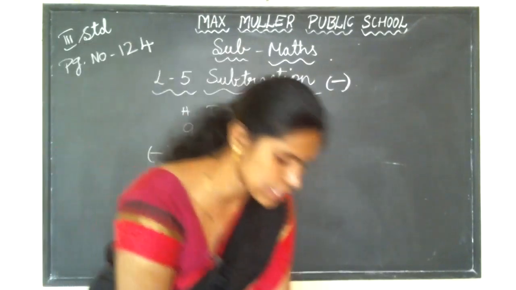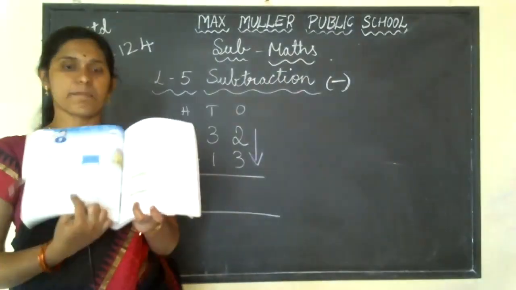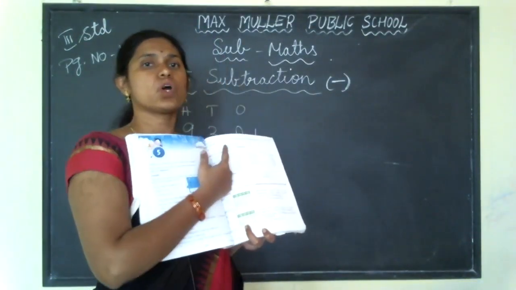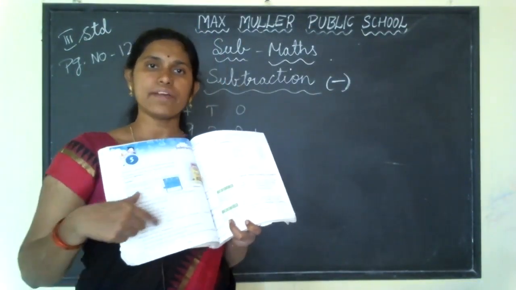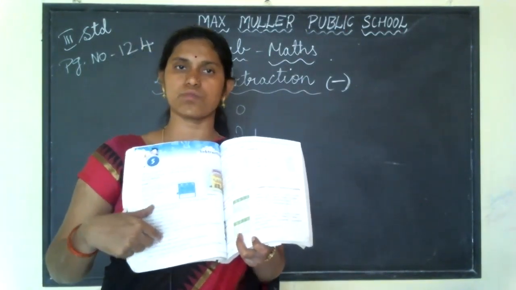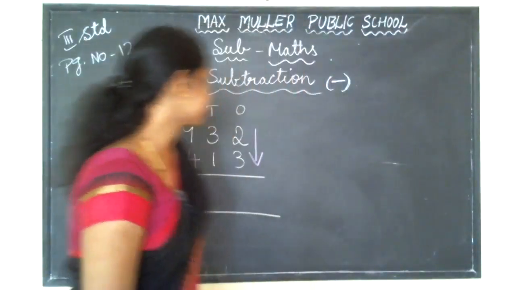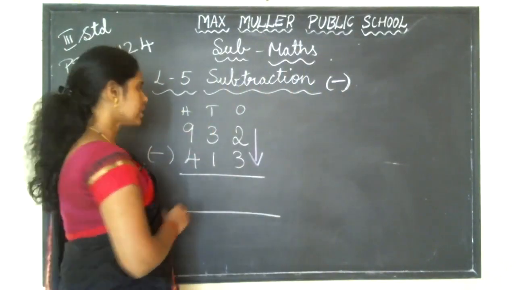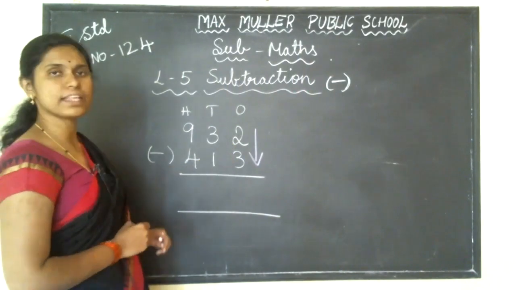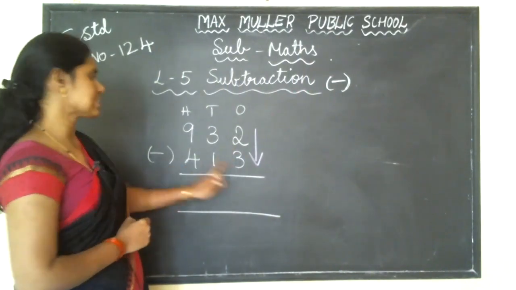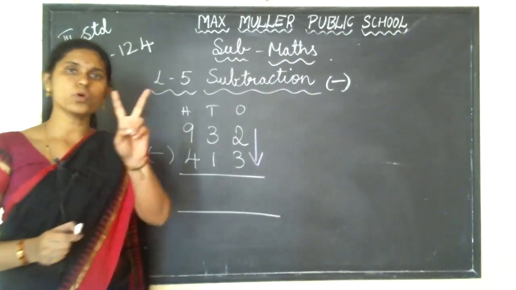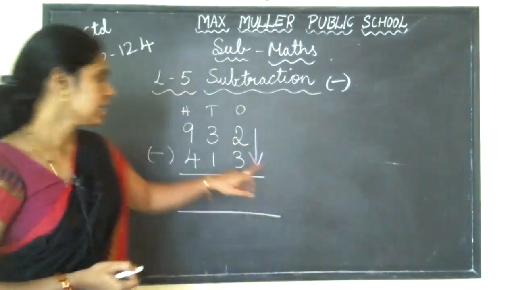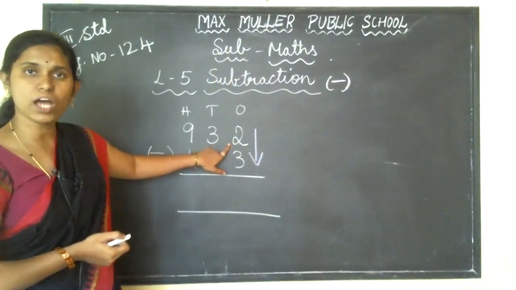Here they have given the explanation of subtraction, how to do subtraction. I will show you how to do. Understood? After the class you can read this one. See here, you have to start from the ones place. In the ones place, what is the number they have given? 2 minus 3. From 2, can I give 3 chocolates to you? No. So here they have a smaller number.